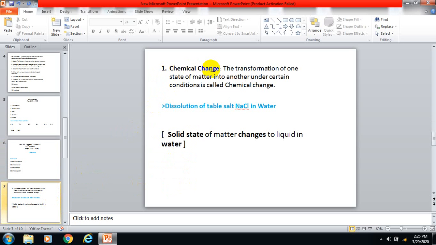Look at the first one, chemical change. What is a chemical change? Change means going from one condition to another. The general definition for chemical change is the transformation of one state of matter into another under certain conditions. The transformation of one state of matter to another state under certain conditions, we call a chemical change. For example, if you dissolve table salt, NaCl,